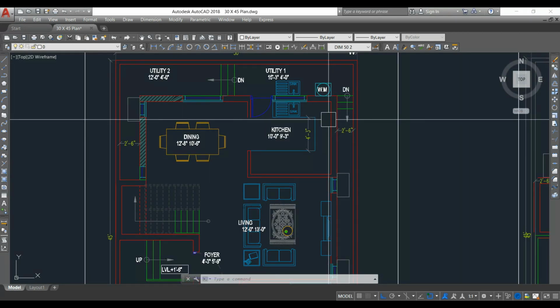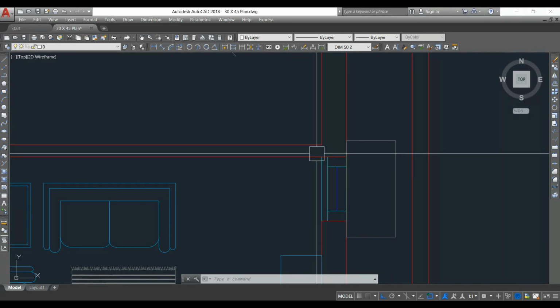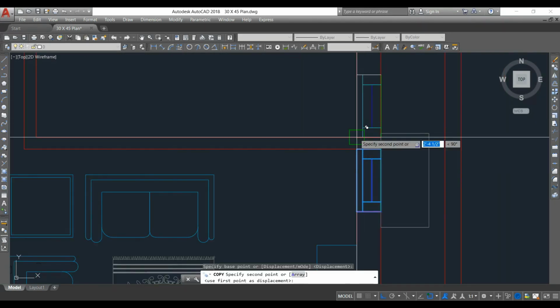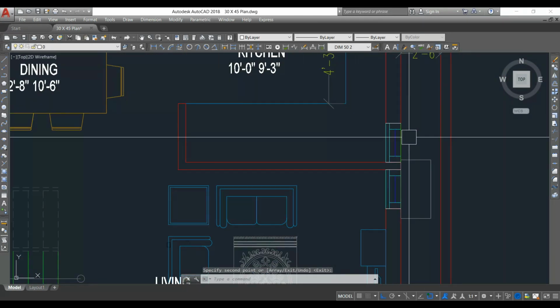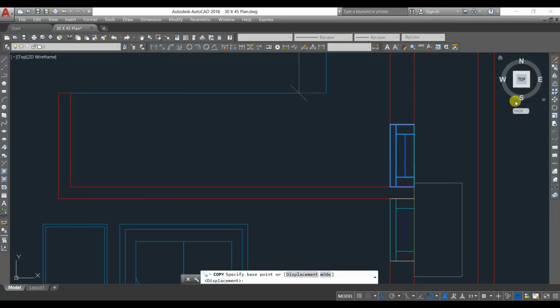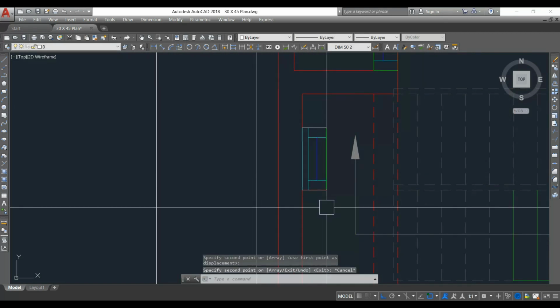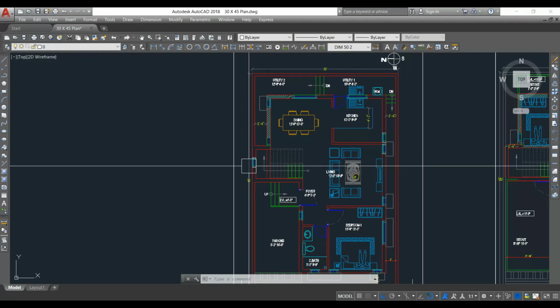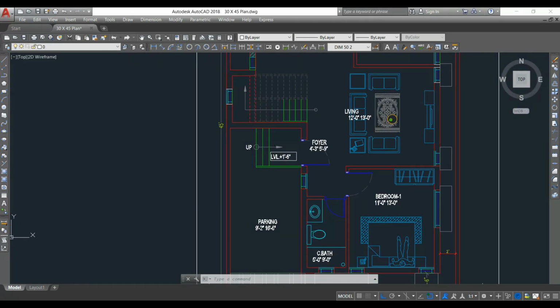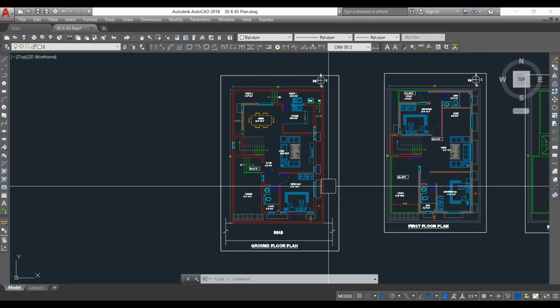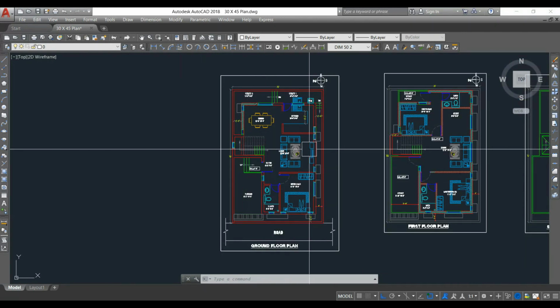Even in this place we can provide one small window. We can provide one window in this corner of the kitchen, and in the staircase also we can provide one window. Since we have the wall throughout the staircase, we can provide one window here in the middle for ventilation. So this would be good. The ground floor is completed, and everywhere proper ventilation is provided.